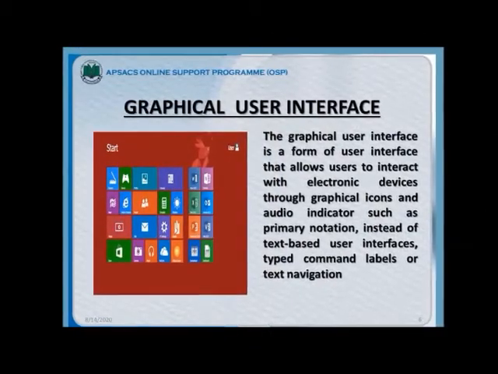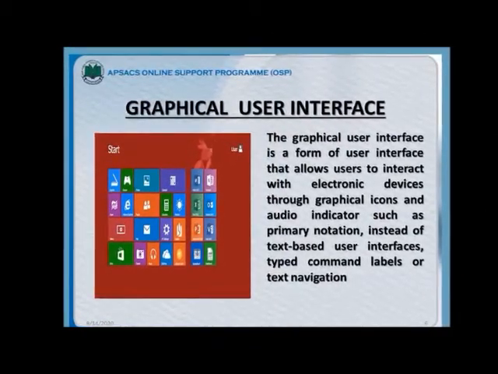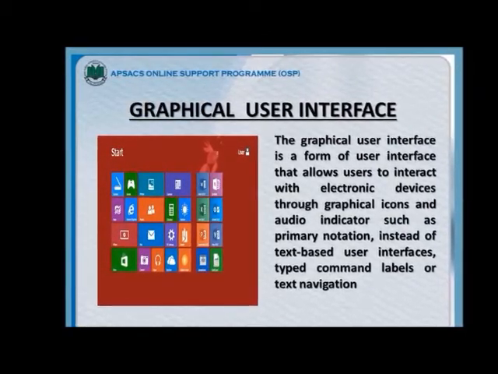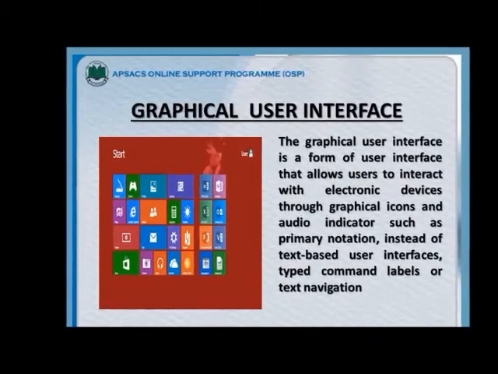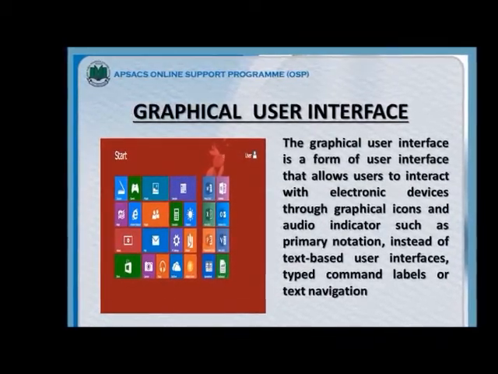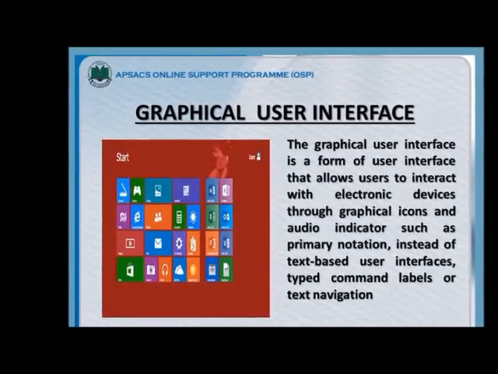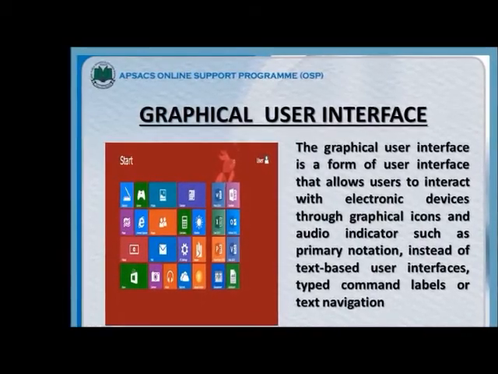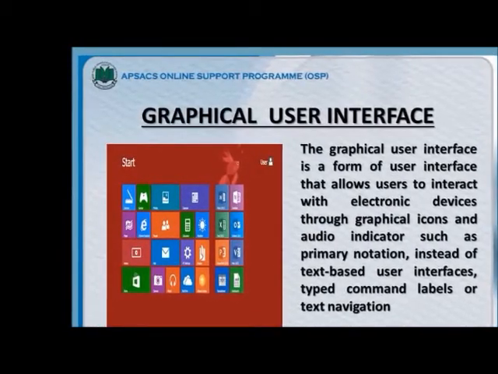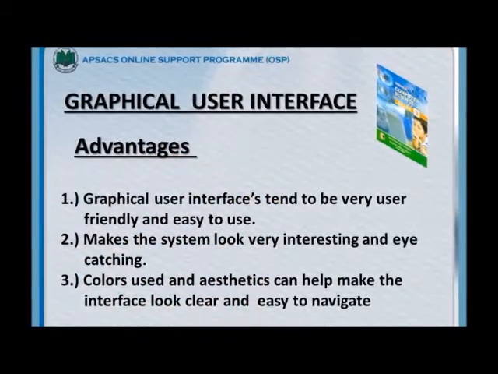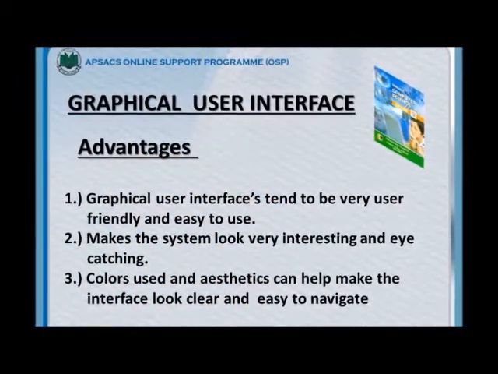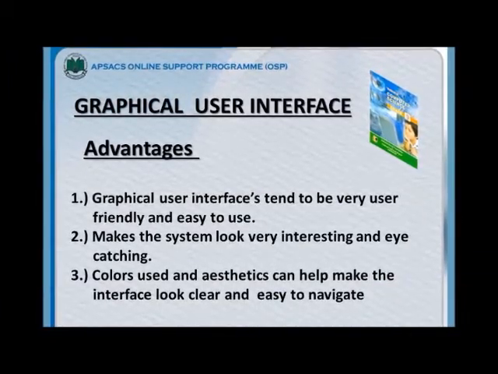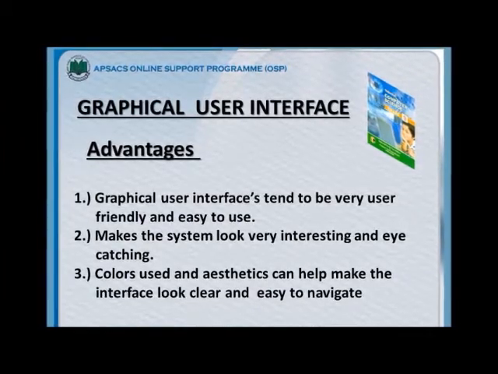And graphical user interface has one similarity with the menu driven interface. It also has the idea of menus, the same menu concept as in menu driven interface. The examples of graphical user interface consist of Mac operating system, MS Windows, Android, Apple's iOS, BlackBerry operating system, Firefox operating system for smartphone. The benefits of using graphical user interface are multiple.